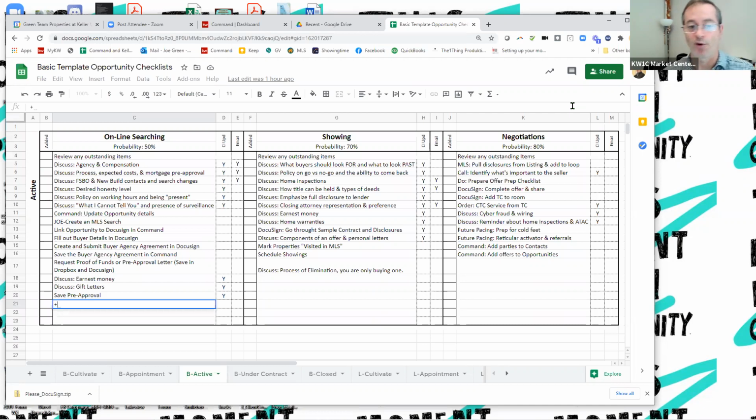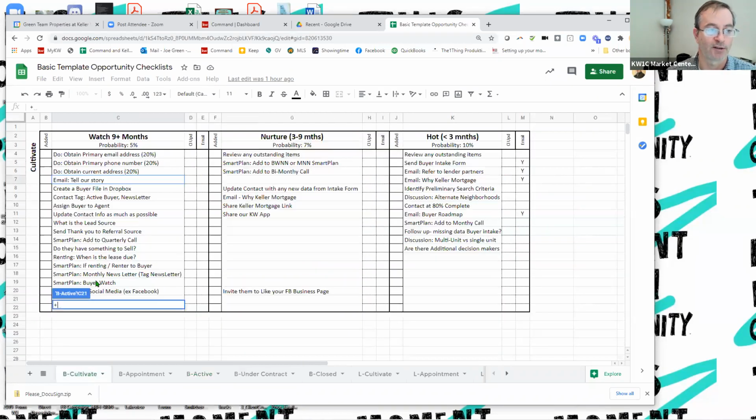And you're doing all the work by yourself. So if there is a way to give you some sort of roadmap of how to get a person from contract to close. And it's not only the contract to close portion, it's you have them, they called you, you reach out to them as a buyer or seller. Where are they in the process? Are they more than 9 months? Are they between 3 and 9 months? Are they hot? They're 3 months away. And right now we probably have a lot of hot people,